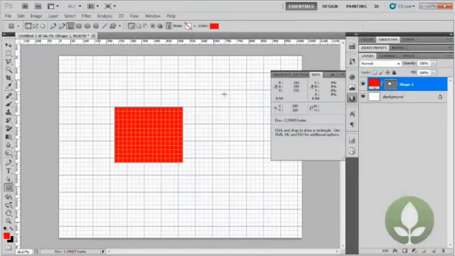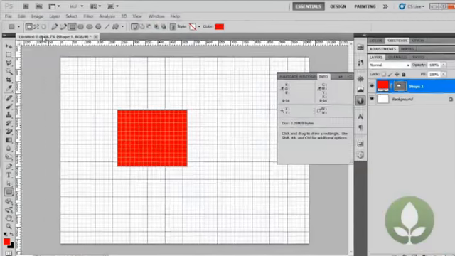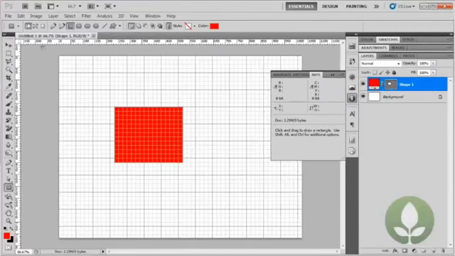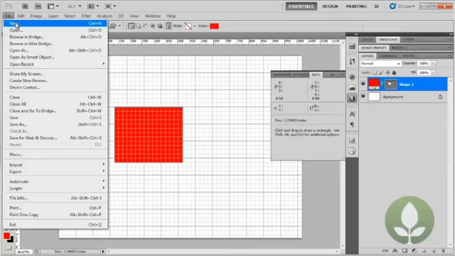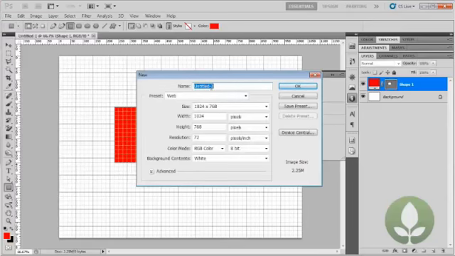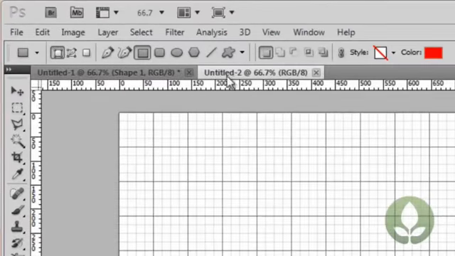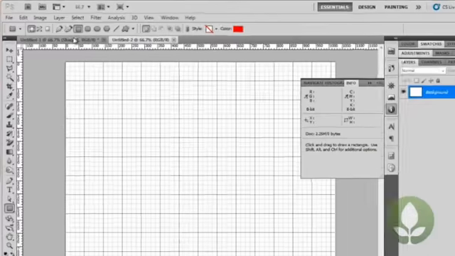Now lastly, we have tabs. The tabs can be found at the top here, and it allows you to have more than one document open at the same time. Okay, so this one's called Untitled 1. So I'm just going to go to File and New, and it will call it automatically Untitled 2, and I'm going to click OK. I don't need to change any of the other settings. So if I click OK, I now see two tabs,